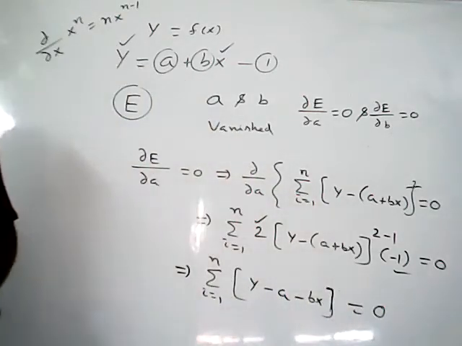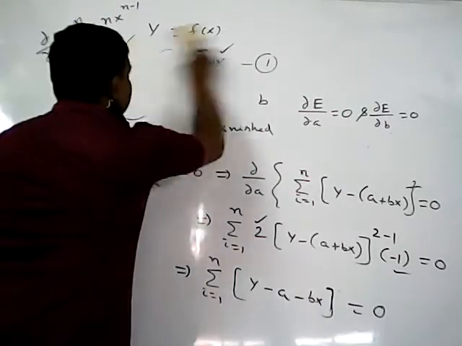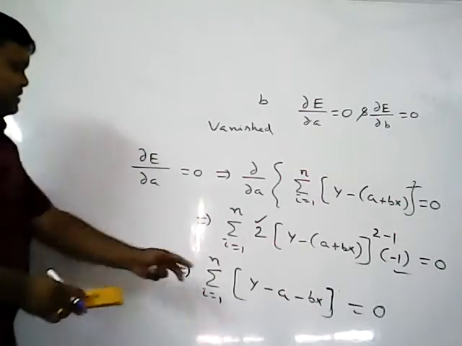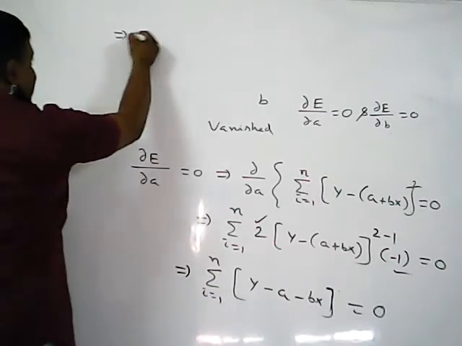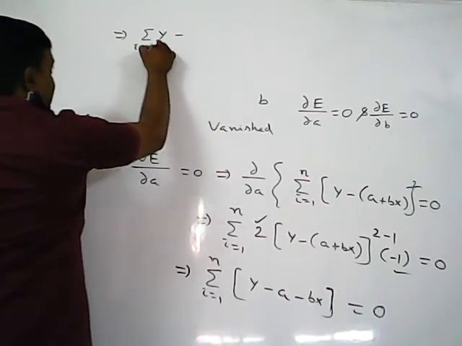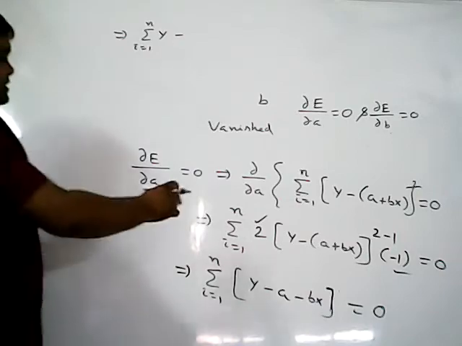Now what I told: separate the y terms and separate the remaining terms. That is what you get. That implies, multiply with summation, so you get summation y minus. If you want, you can write i equal to 1 to n. So you can write yi also, no problem. Okay, next term, what is the next term?